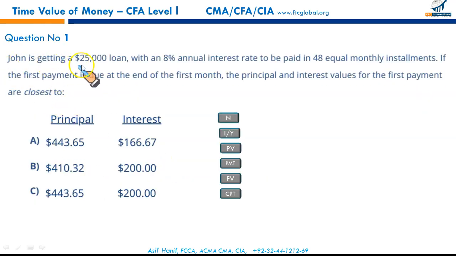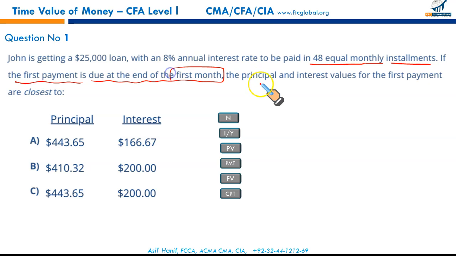John is getting a 25,000 loan with 8% annual interest rate to be paid in 48 equal monthly installments. If the first payment is due at the end of the first month, the principal and interest values for the first payment are closest to. Now, in this case, since there are 48 payments, n is going to be 48. The interest rate is given on a yearly basis, so the annual interest rate must be divided by 12, and that gives you 8 upon 12, which gives you